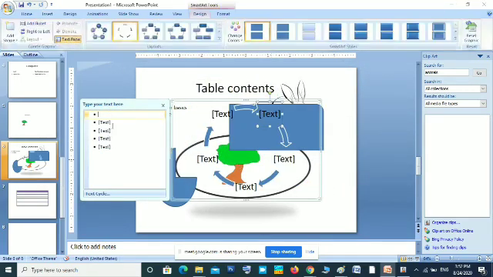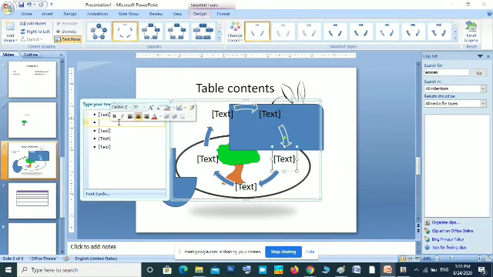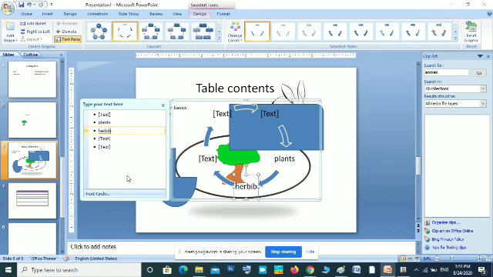When we are using it, you can enter the text: one, plants, then plants will be eaten by the next in the life cycle. Anybody can tell the next in the life cycle? Herbivorous. Okay, herbivorous animals will be eating plants.